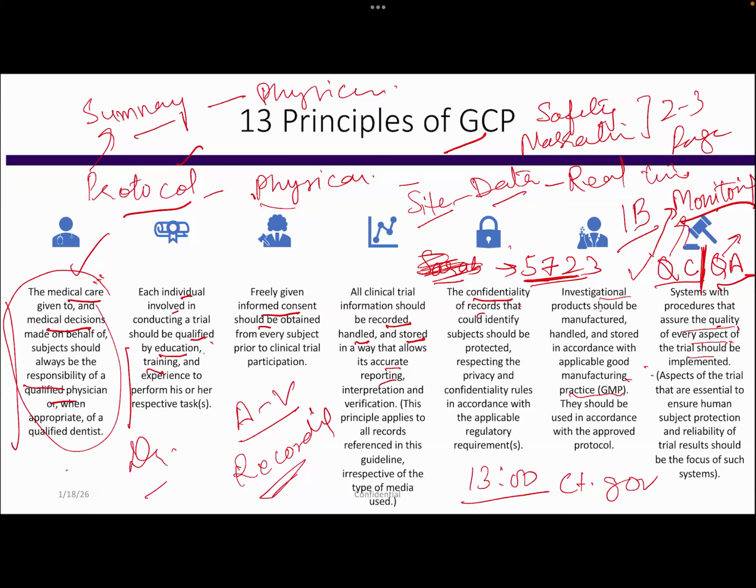Tomorrow, suppose the sponsor is Pfizer, and Pfizer is summoned by the DCGI. They ask, how are you ensuring quality? We can't see that there is quality, we have so many audit findings. Now Pfizer will not take the blame on themselves. They will show these monitoring reports and these audit reports. Then, who has done this monitoring and audit? They will also be questioned. So I'm just trying to give you an idea about a system, how it works.